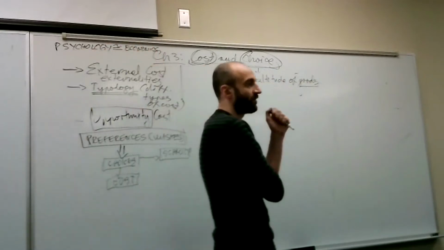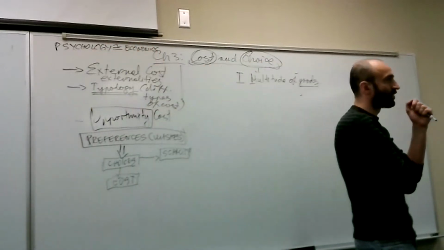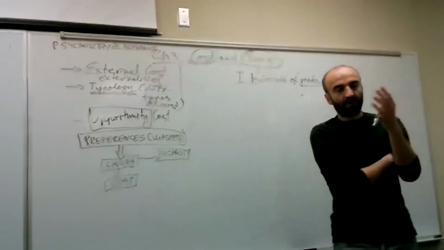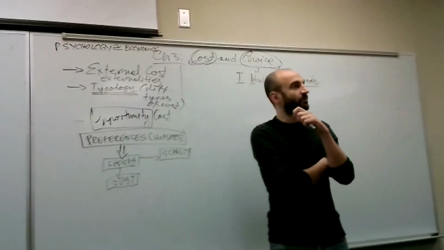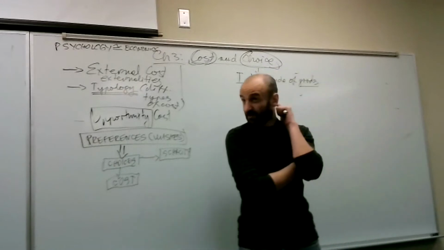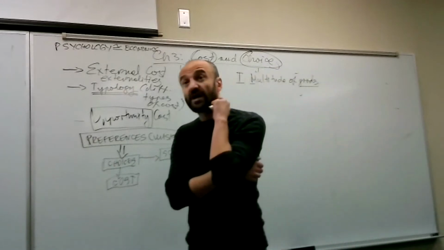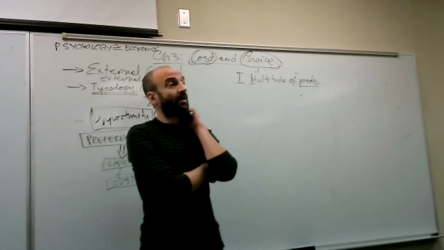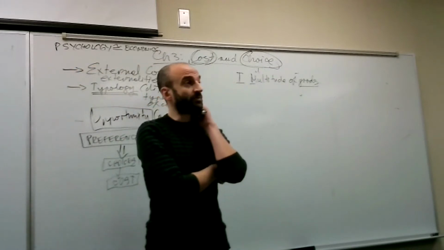Air and water would be examples of that. We can consume them in unlimited quantities, and we don't limit the ability of other people to consume it in unlimited quantities. Economic or scarce goods are those goods that have to be rationed, that our consumption of them affects the ability of other people to consume it.